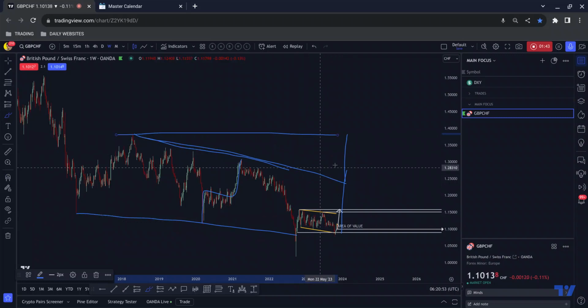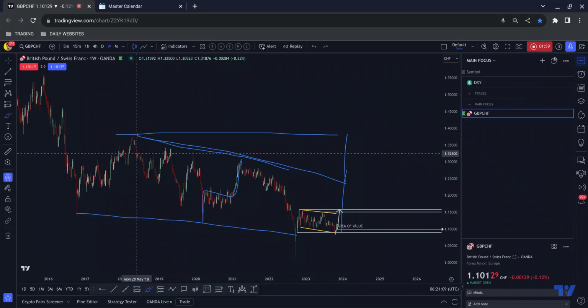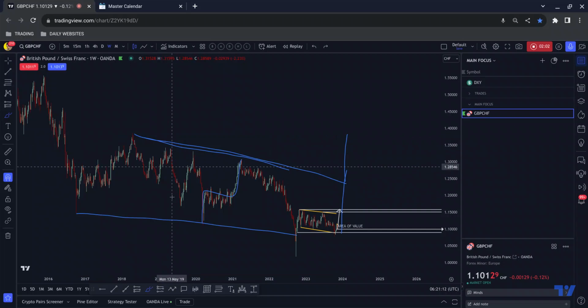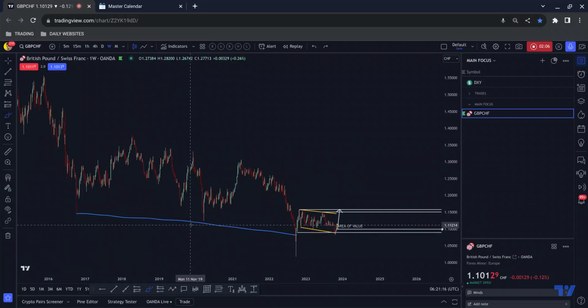But for us to reach the 90% rule, we generally break this trend line here. If we were to plot one there, once we break that, if we do so impulsively, we know we have a 90% chance of getting 90% of the way to the start of the structure, which is why it's called the 90% rule. So now that we're back above, crucially, now that we're back above this low here,